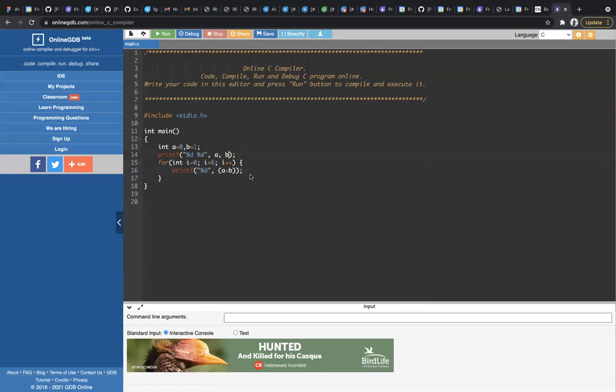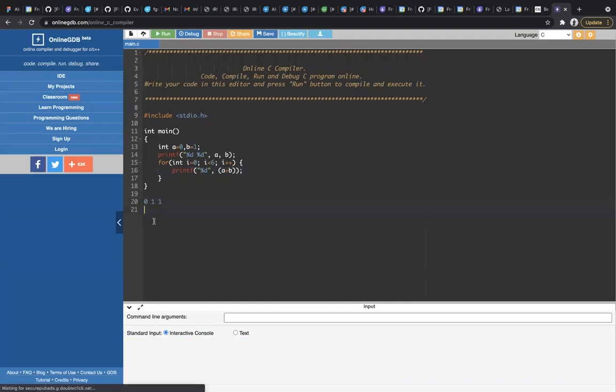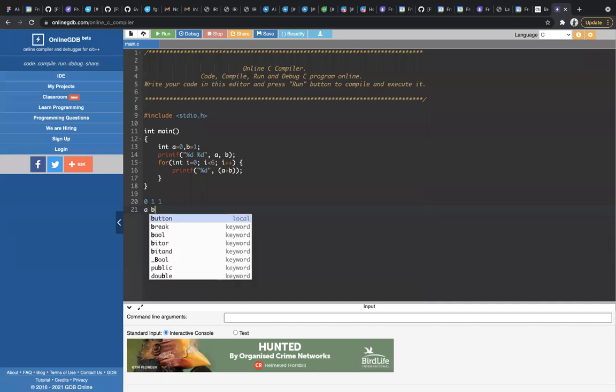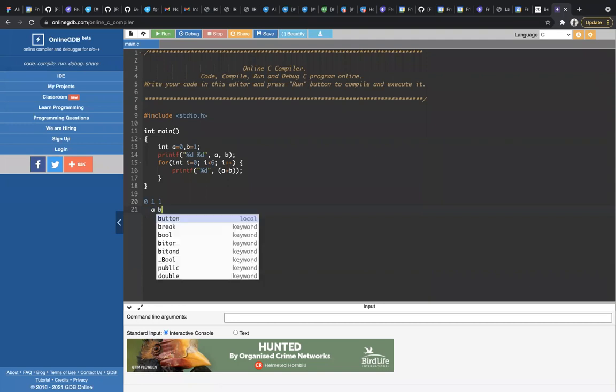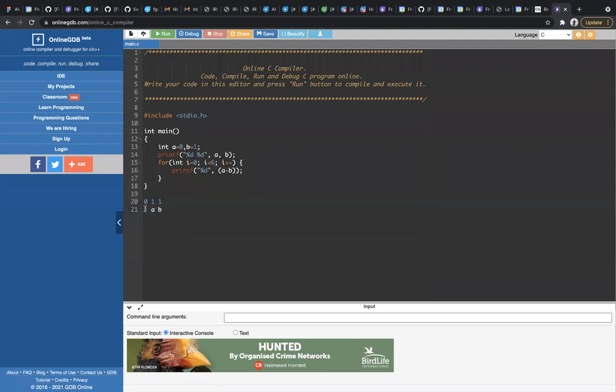I need to change the values from 0 and 1. Currently I have a and b. Now the third value is printed, a plus b. Now my a should change from 0 to 1, which previously was here, and now it should be like this, right? So my a should transfer from 0 to 1. B also should come here. Then only I can process these two, and I will print these two, right?